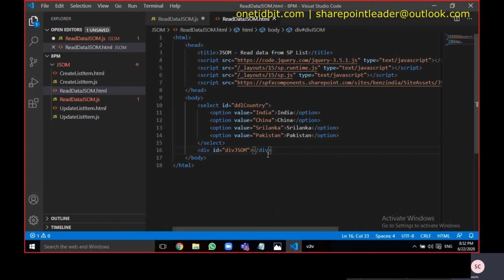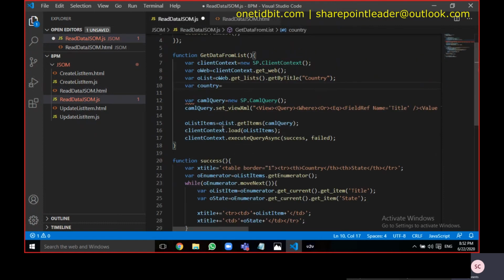So let us go here. I'll use this ID. So dollar of, since it is ID, I'll take hash dot val. That means dynamically I received the country value. So I'll take this country,